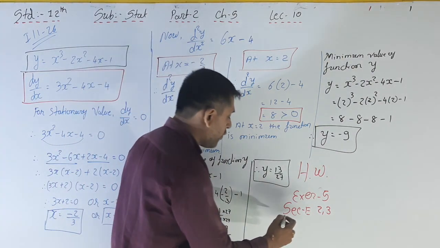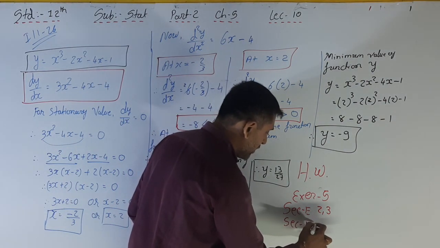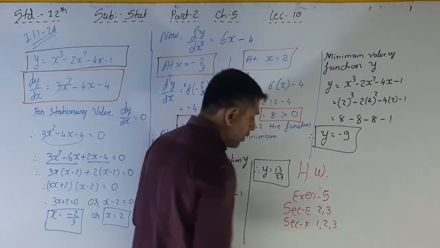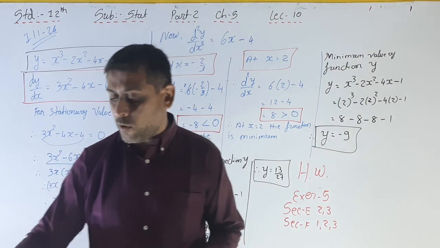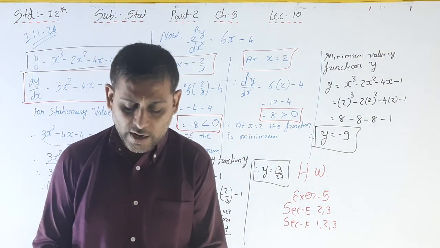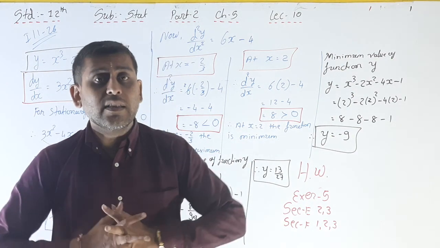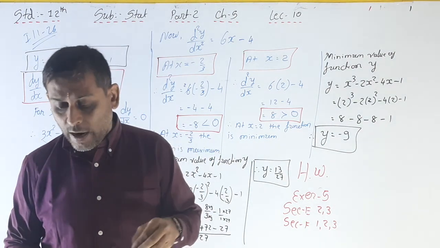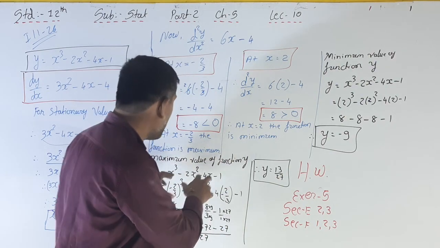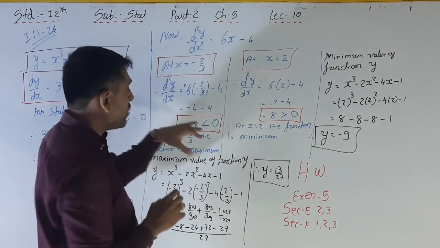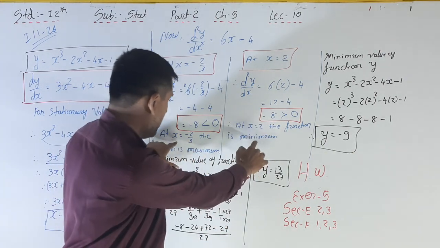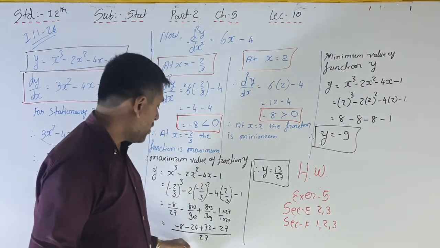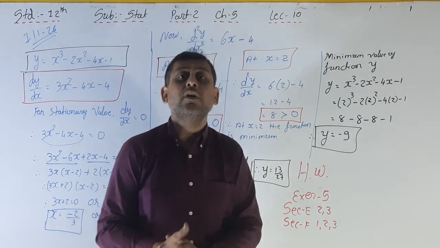And your practical question, find sum, is section F, question number 1, 2, 3 is your homework for the practical one, that is as illustration number 25 and illustration number 26. What is the maximum value and the minimum value of the function? First of all, find values of x. That is, first of all, we have to find out the values of x, at which point the function is maximum and at which point the function is minimum. So this is your first answer, and then find out the original maximum and minimum value of the function.